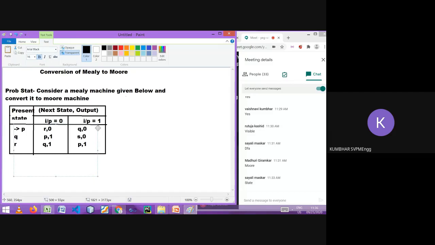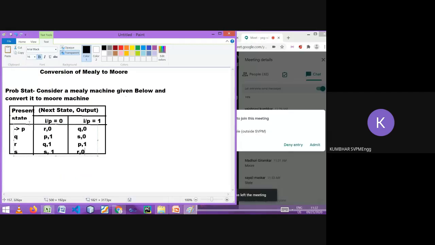And the last, for s, on 0 it goes to s with output 1, and on 1 to r with output 0. Let me adjust it so that you can see it clearly. So this is the given example. Is it okay?